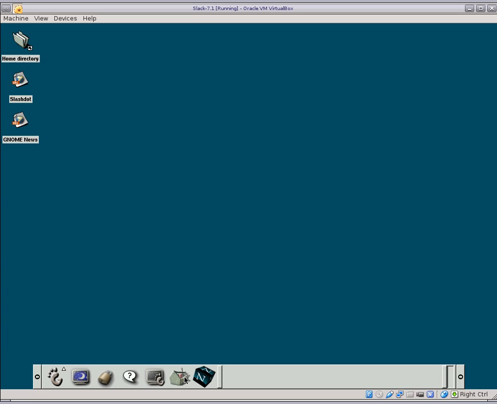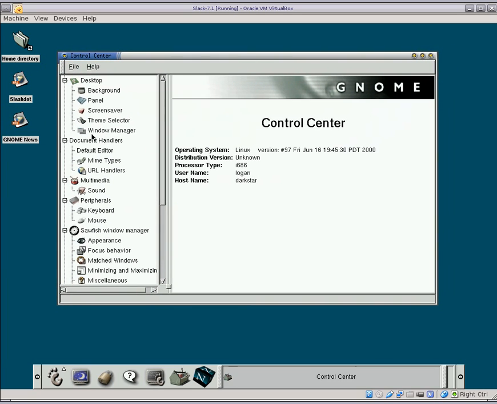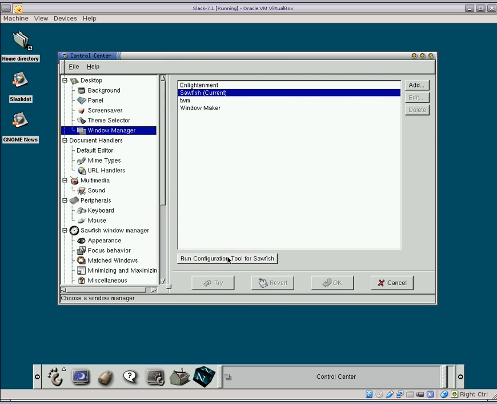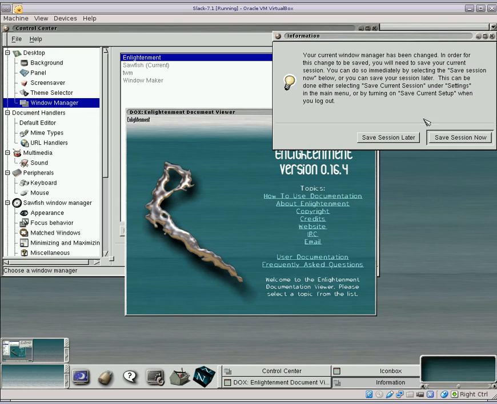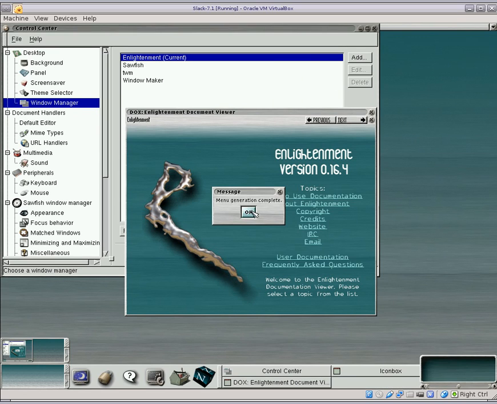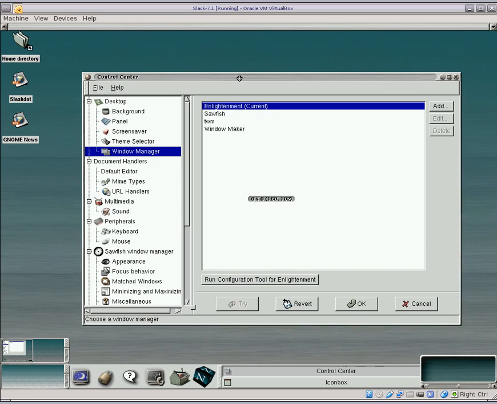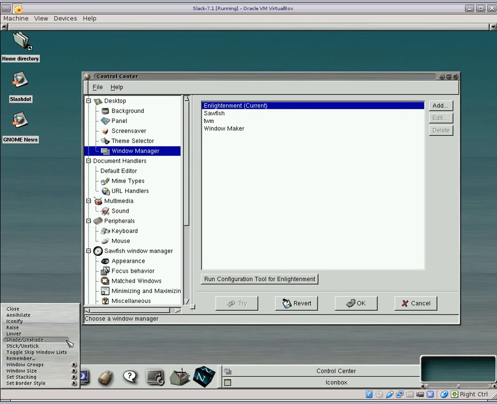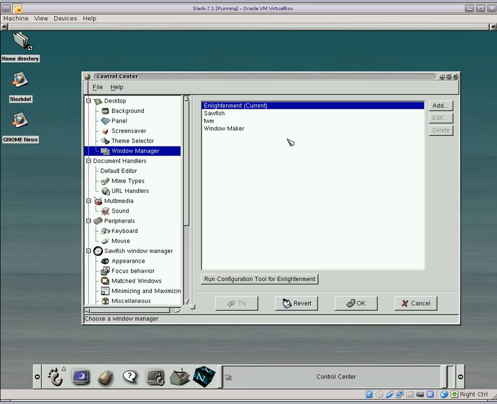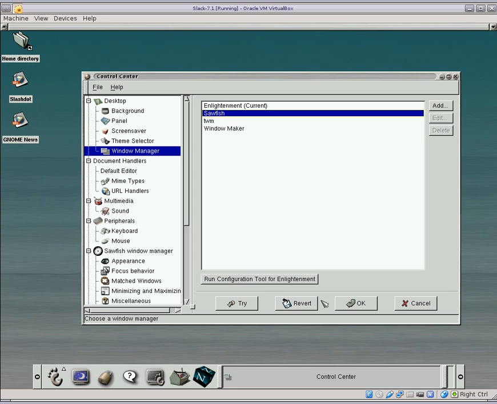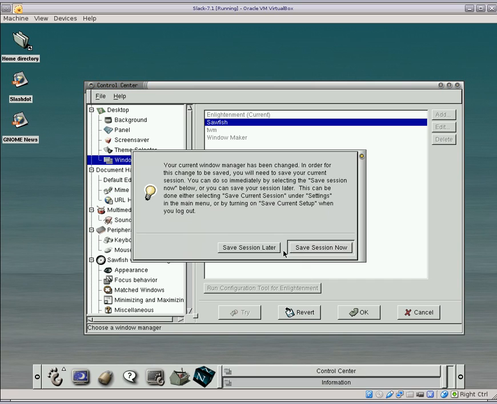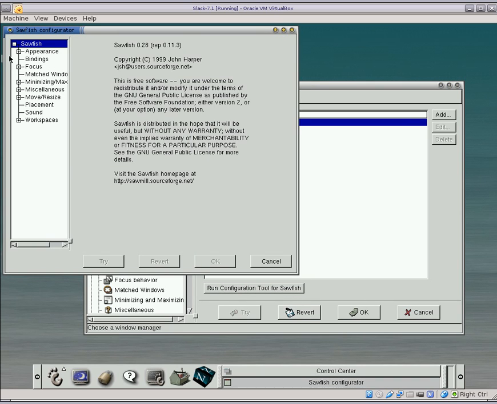First things first, let's see if we can run our little configuration tool here. It's window manager. So we're running Sawfish. And you could also switch it to Enlightenment. Let's try that. Oh, God. So that was something you could do if you wanted to. I can get rid of all these little dialogues, these little icon boxes here. I think I'll go back to Sawfish. But I'm going to see if I can run the configuration tool and switch it to